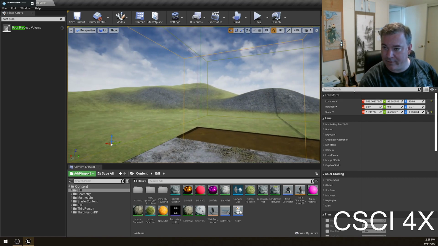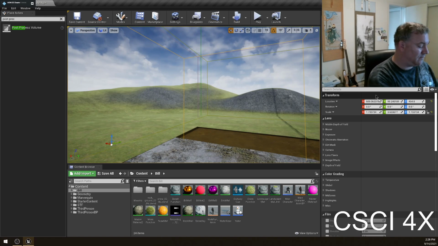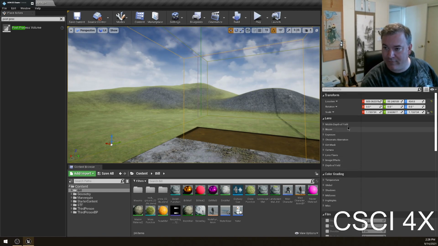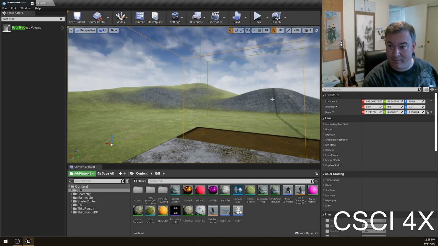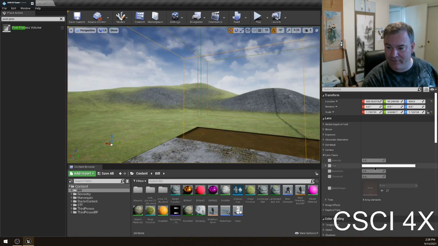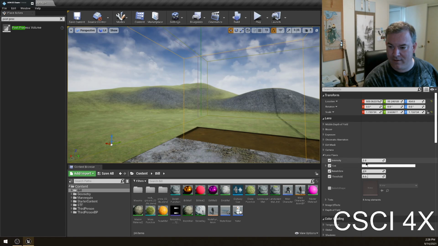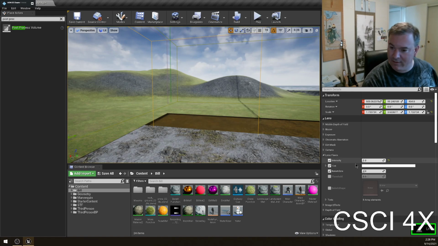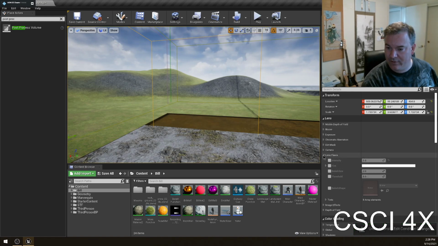So we got this post-process volume here, and we're going to call this stage special effect or something. All right, so these are all the different things you can do with the post-process volume. So you can do a lens flare, and yeah, let's not do a lens flare. Let's do a